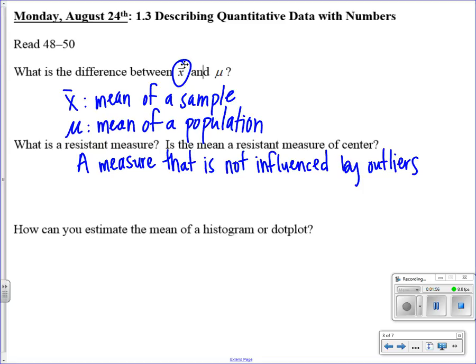If you have a dot plot and in the center's your mean, is it resistant to outliers? If you had an outlier, would the mean change a lot? Would it be influenced? Yes. So is it a resistant measure? No. We're going to say no. The mean is not a resistant measure.